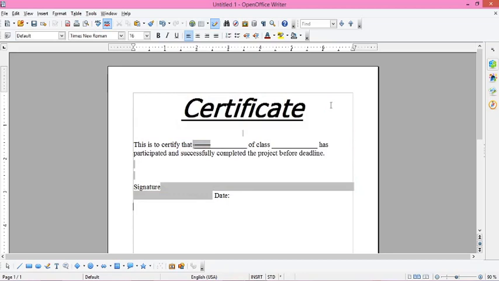So this is the first way of creating a template, and you must note one thing, that though I have saved the template as temp1, the name of the document is still coming as Untitled 1 because I haven't saved the document, rather I have saved it as my template that I can use in future.